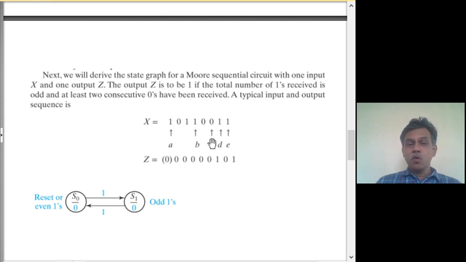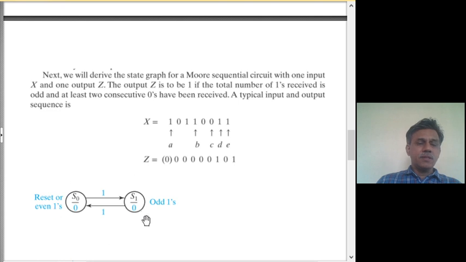But of course, being a Moore machine, you will not do it at this point, you will do it 1 clock period later. That is what happens at this point. Next there is a 1, although the condition is now met, now the count is even, so you don't output anything. Again there is a 1, it now turns back to odd, you output a 1. So until this point, the condition is not met. From here onwards, the condition is met, and you should respond based on the count.